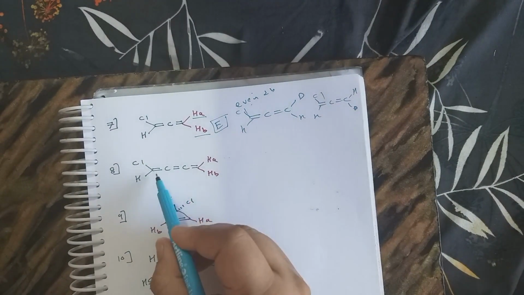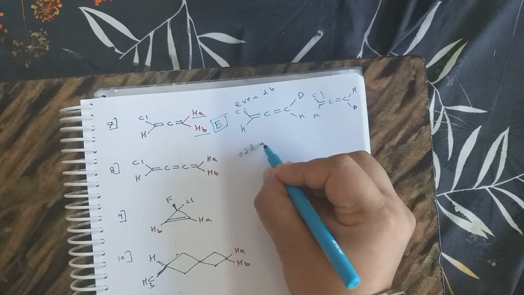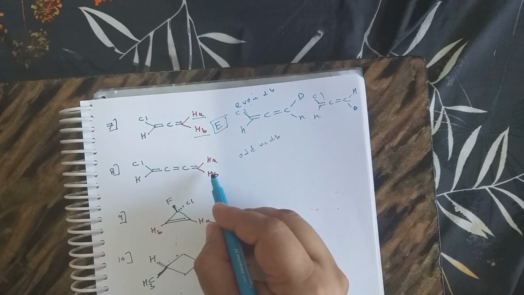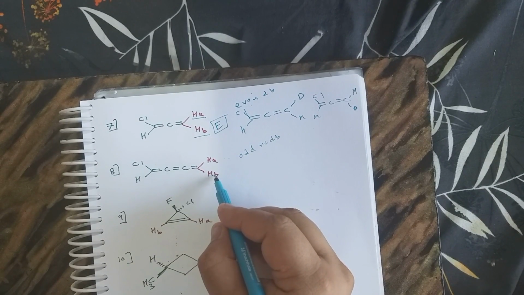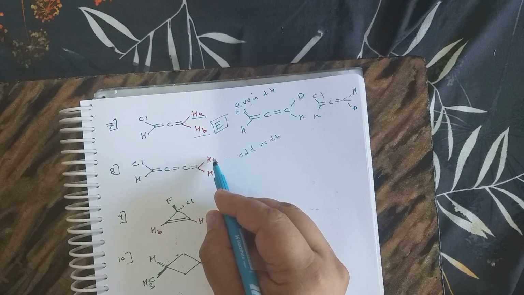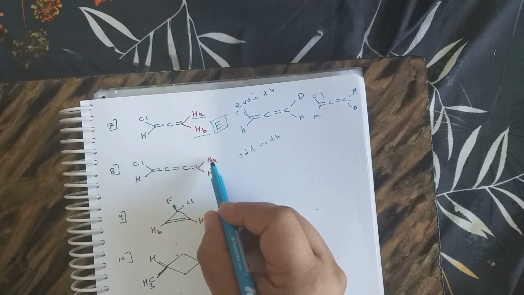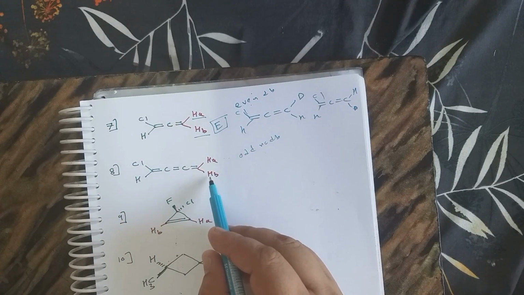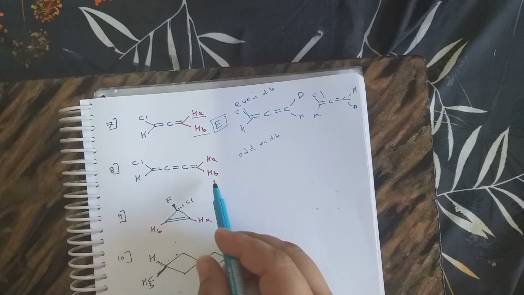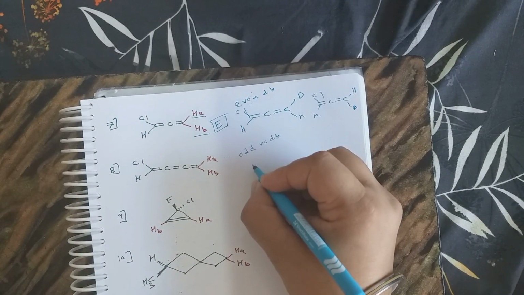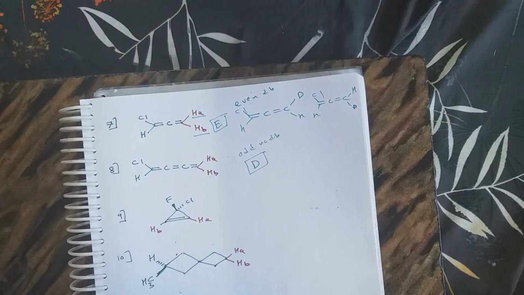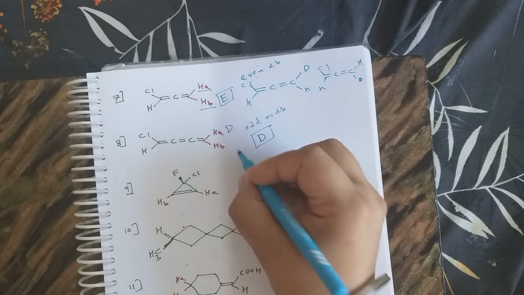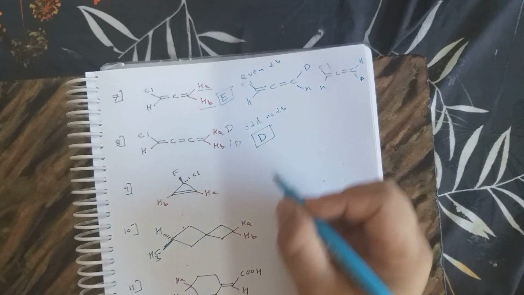Okay. Similarly, here you have an odd number of double bonds, so this will not show optical isomerism. This will show geometrical isomerism. That means Cl here and Cl here. So when you replace this with deuterium, this deuterium is cis with this Cl, and when we replace the other deuterium, it becomes trans with this Cl. So this has a diastereoisomeric relationship, okay. You have to replace one by one. First you replace this deuterium, then you replace the other deuterium.